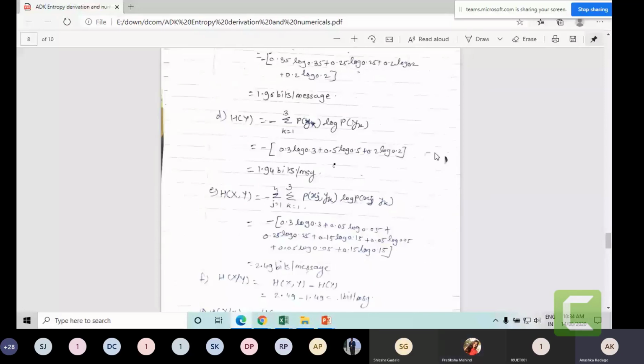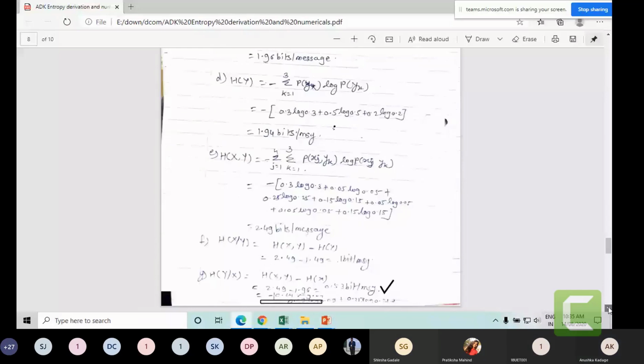Check your P of y1, P of y2 and P of y3. They are 0.3, 0.5 and 0.2. Then H of XY, what was the value? 2.49 bits per message. Okay. Yes, and H of X by Y? In two ways you can